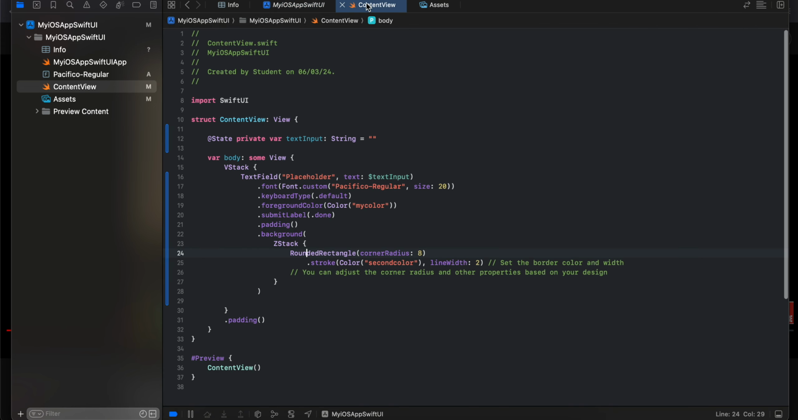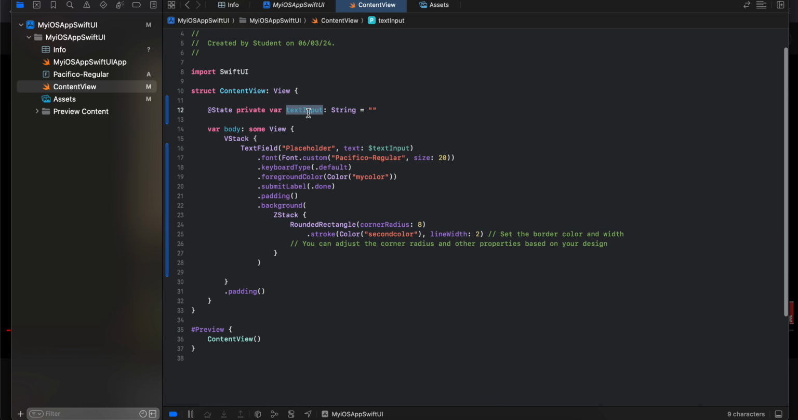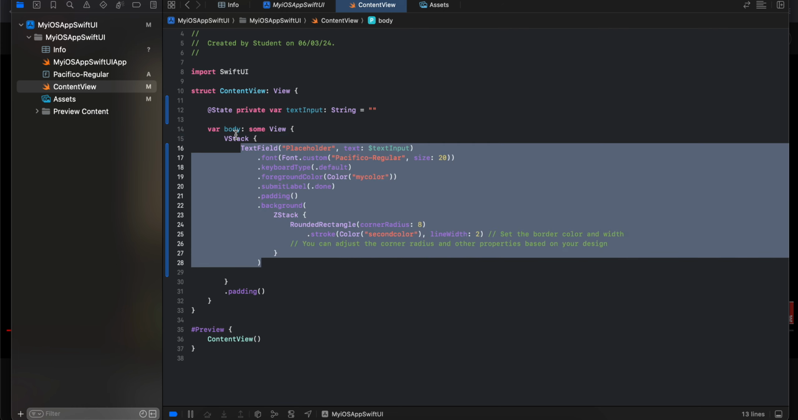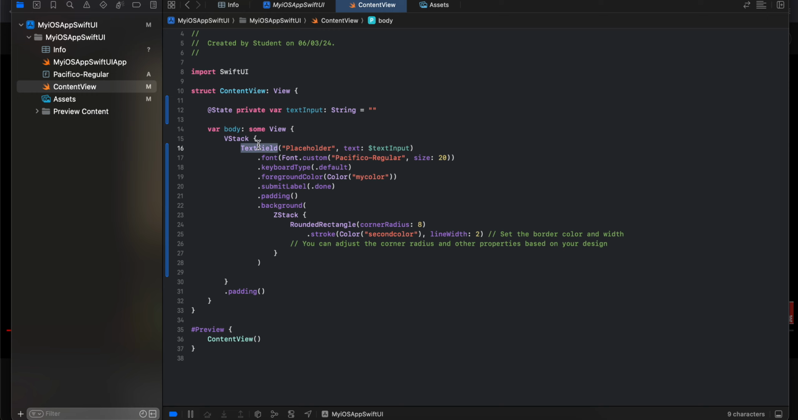Next I have just gone to my content view. First we have to take a state variable, because whatever the user types, we want to get it back inside our code. That's why we use this state. Next I have taken a VStack. VStack is basically used to align items one below the other, like in a column or vertically, but VStack is not necessary. I think I was facing some issue if you directly use a text field, that's why I have taken a VStack. Next I have taken a text field over here, so the default text is placeholder, but you can write whatever makes sense to you,